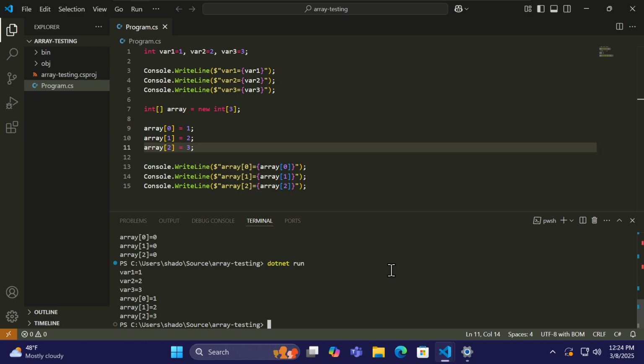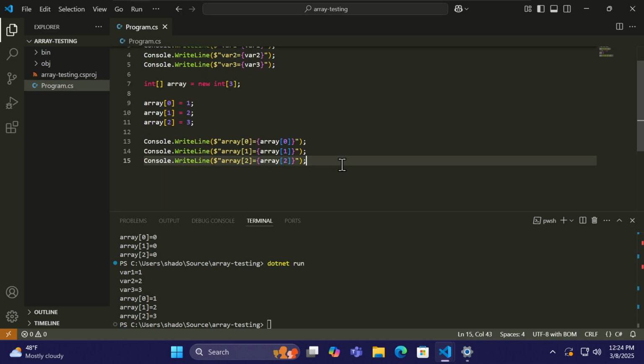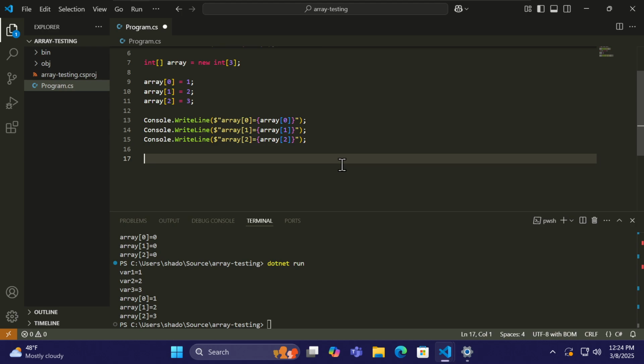Okay, that's all right, but that doesn't look any more efficient than this. So how would we use arrays? This doesn't look efficient because we're just setting the values, but the efficiency comes in how you can use them. For variables, we're going to have to do it like this. There's not a lot else we can do. With an array, though, we can loop over it, so instead of printing it like we did here,